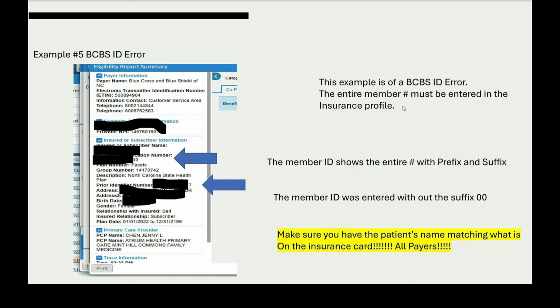Our next example is Blue Cross Blue Shield ID errors. These are huge. These are really huge, y'all. There are such easy fixes that can be done by our billers, yes, but there are so many that have to be corrected that it slows the billers down. So we really need our front office staff, or again, whoever is entering the insurance information, to pay really close attention here. It is very important that you put in the complete member ID number when it comes to